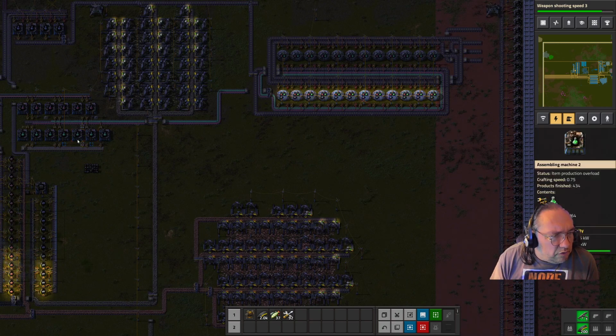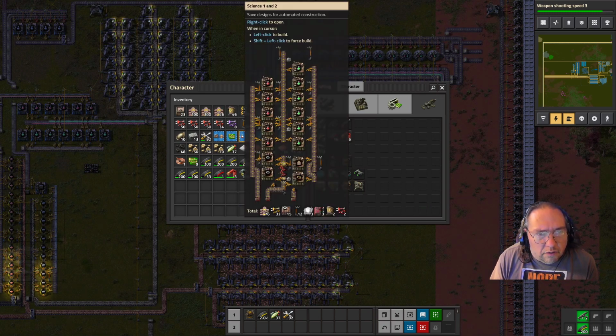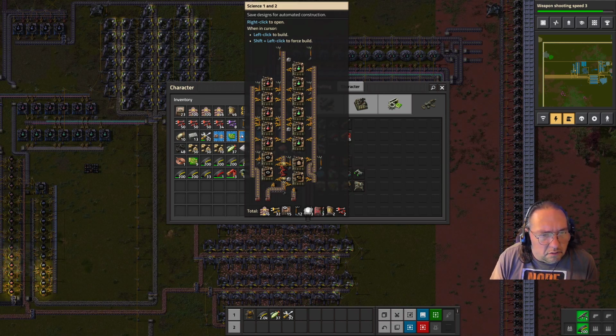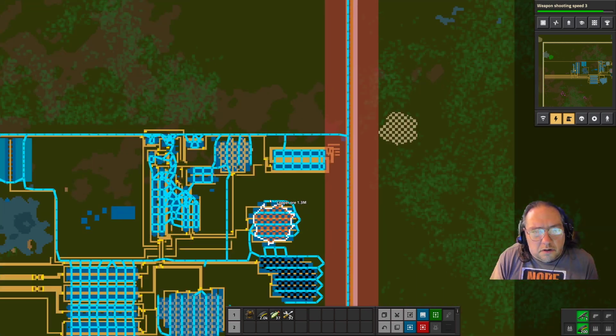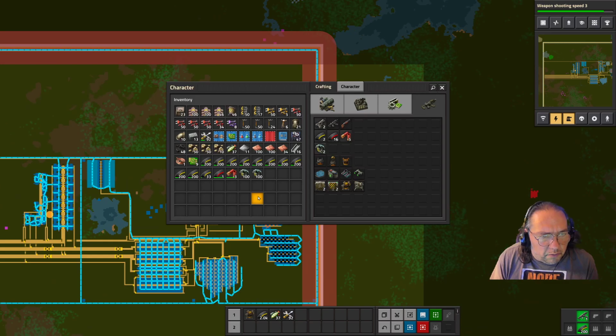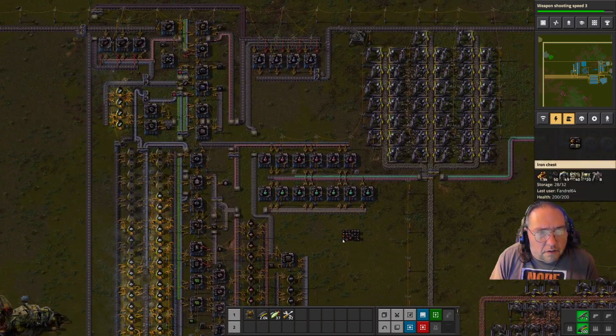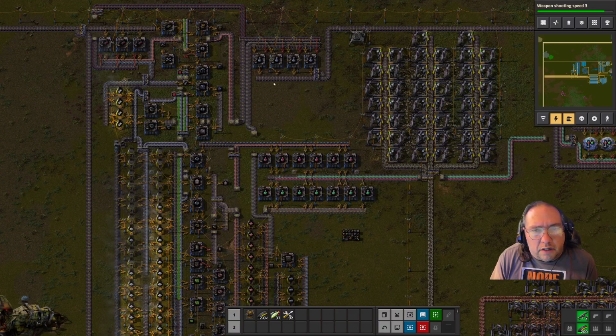Let's see something. 1, 2, 3, 4, 5, 6, 7. 1, 2, 3, 4, 5, 6. Let's see something here. 1, 2, 3, 4, 5, 6. 1, 2, 3, 4, 5. Actually, the green science, where it's at, is making just as much as the other. So if we leave the green science where it is, we're fine. The only reason to move it would be to take the load off of this and stuff, but we've already got